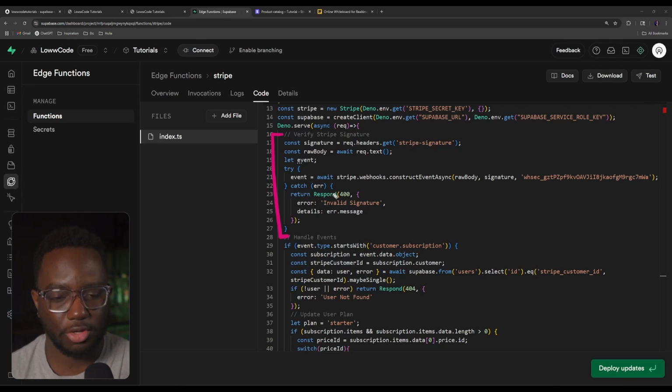And if it's good, then we continue. If it's not good, we're going to say invalid signature. So that is what this is doing here. It's just verifying everything with Stripe. You will get this key here. Don't bother using it because it'll be gone by the time this video goes up. But you will get this key here once you create the Stripe webhook, not Supabase, the Stripe webhook to trigger this